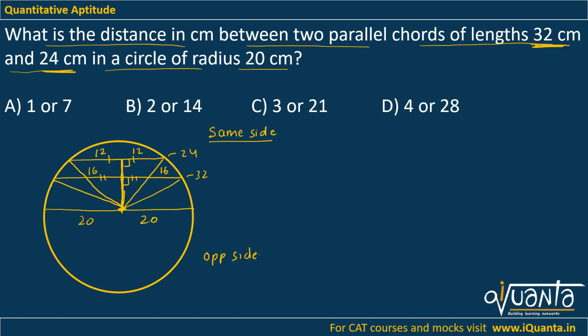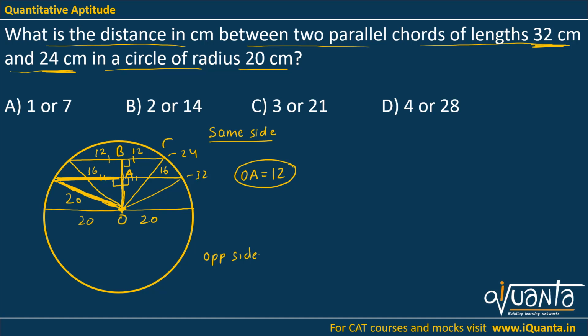So we can see that this is a right angle triangle. I have this side as 16. I know the hypotenuse, which is 20, because it is the radius. So I can find out this height. Let me call this point A, okay, OA. OA will be equal to 12. You can find it out using Pythagoras theorem. Then let me call this point B. I need to find out the length of OB, because if I have the length of OA and OB, I can find out the difference. It will give me the distance between these two parallel chords.